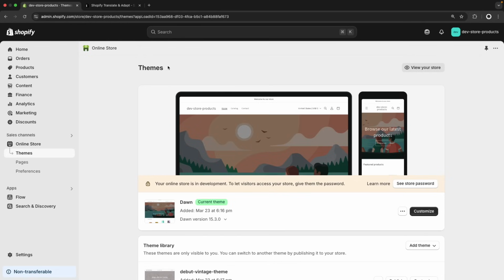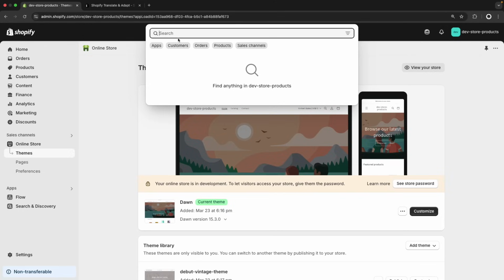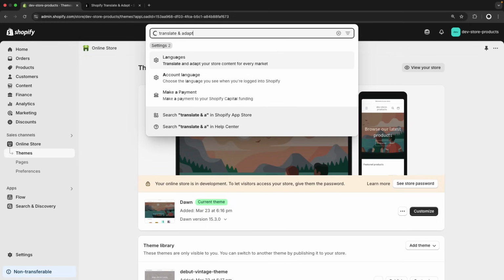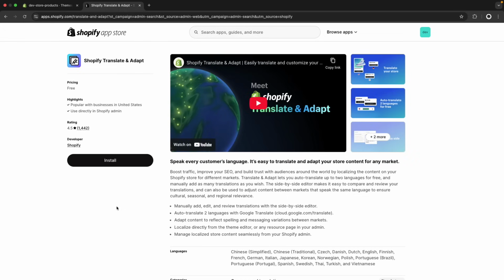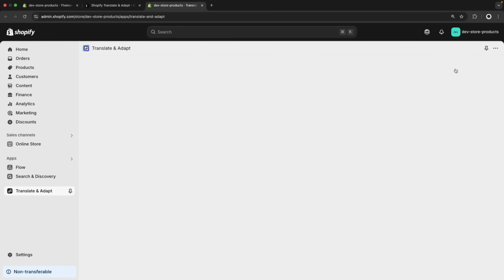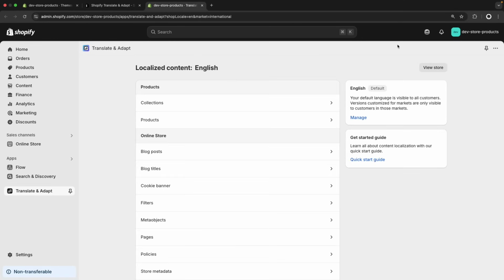For this, I have this development Shopify store over here, and the first thing we need to do is to install the app. So in the search bar over here, we can look for Translate and Adapt, and we find it over here. So we click on this link and it opens the Shopify App Store. We can see that the app is completely free and it is made by Shopify. So we are just going to click here on install and select the store. In this case, it already knows that I want to install it in this store and we can see the app over here. So I am going to pin it to the navigation